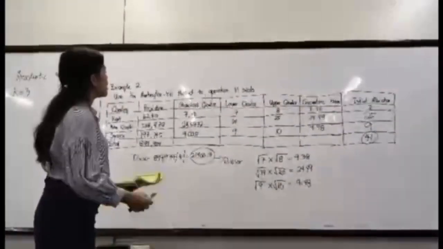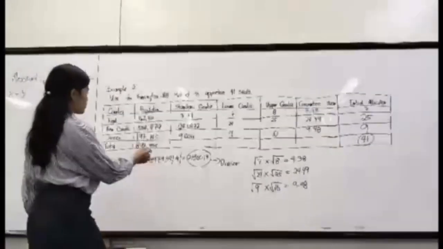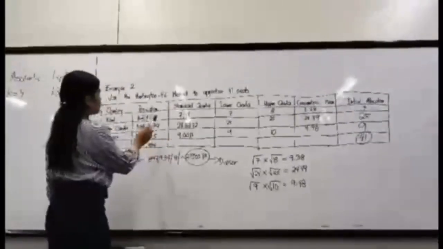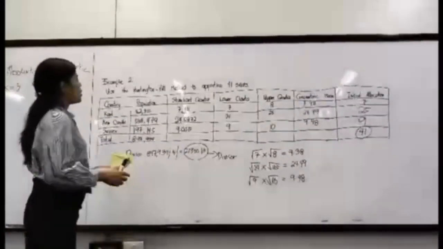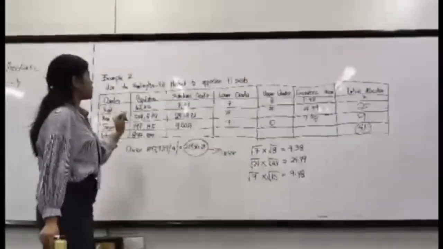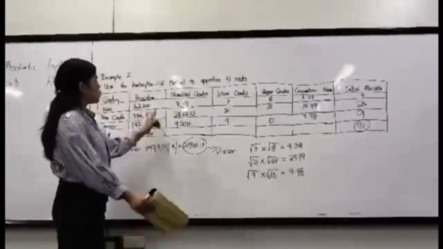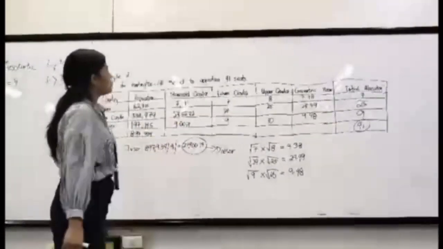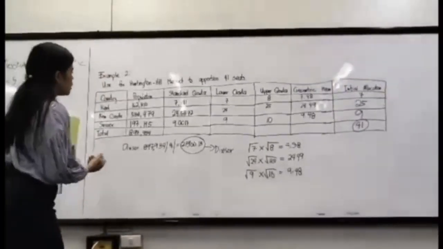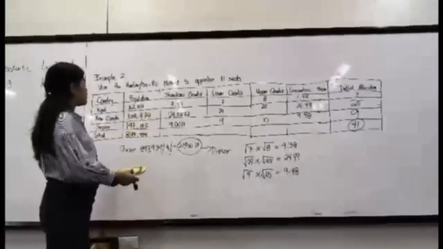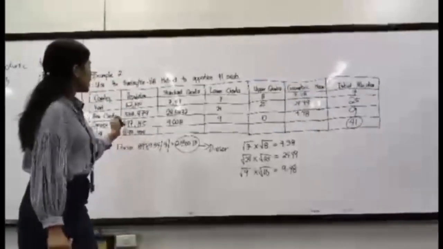So next, to find our standard quota, we should divide the 162,310 by the divisor. So it will be 7.411. So second, 538,479 divided by